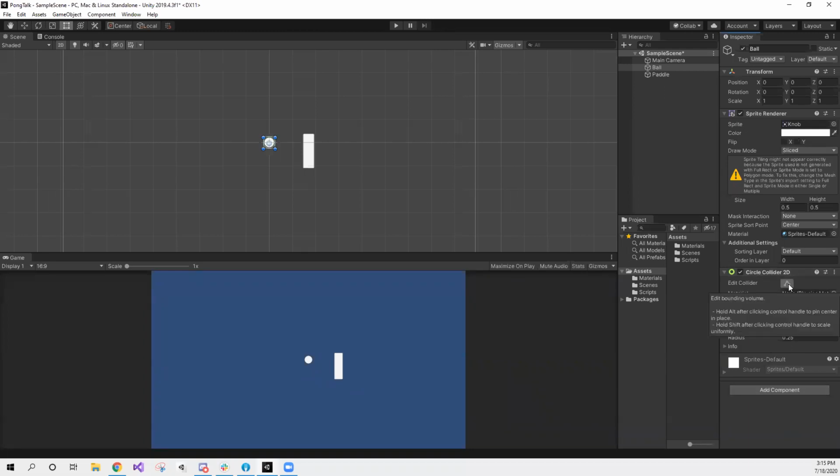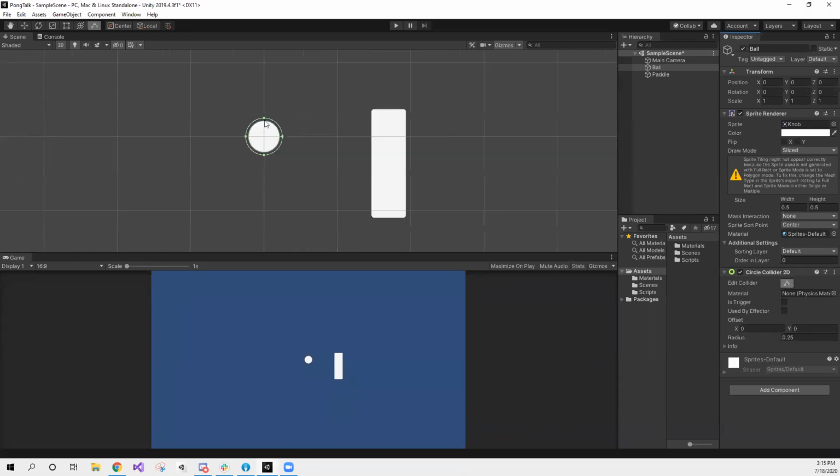To make sure the collider actually fits our circle, we can click here on this one that's Edit Collider and make sure that this little circle is actually around our circle. We want to make sure it's not too small or not too big, because that'll make our ball not work correctly. And then we also have to go down to the paddle